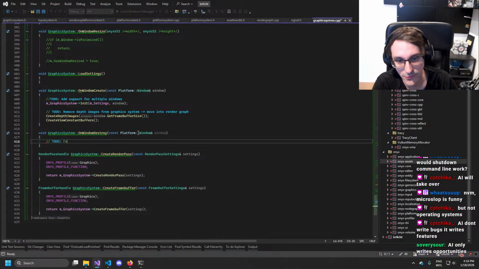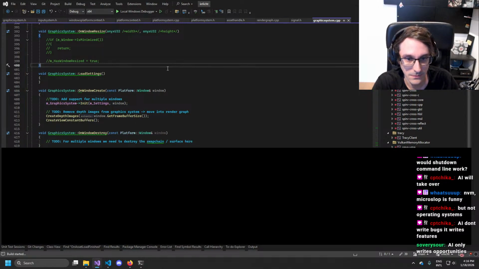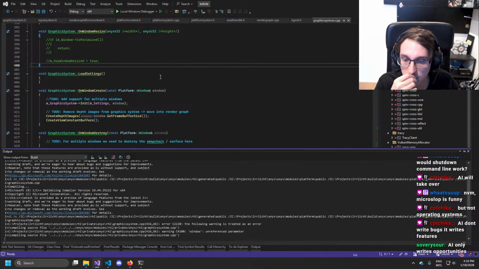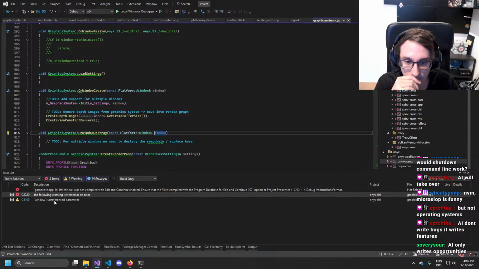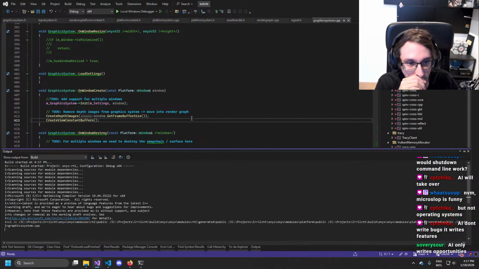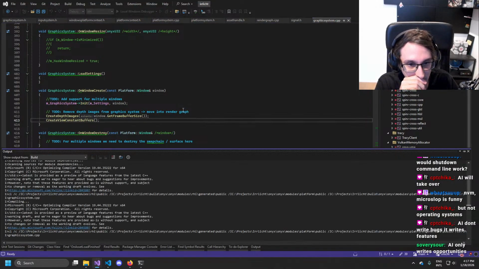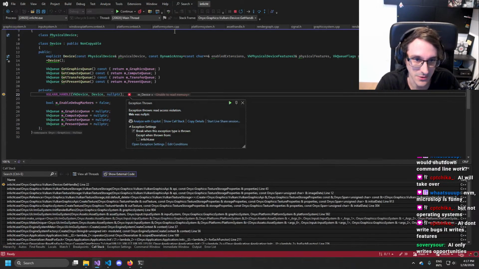To do: for multiple windows, we need to destroy. So that would be the plan basically, and that we will add probably maybe in 06. Let's see.